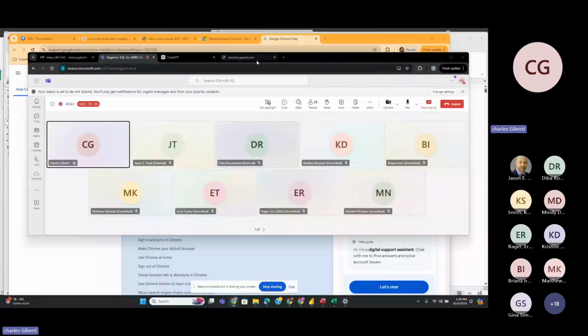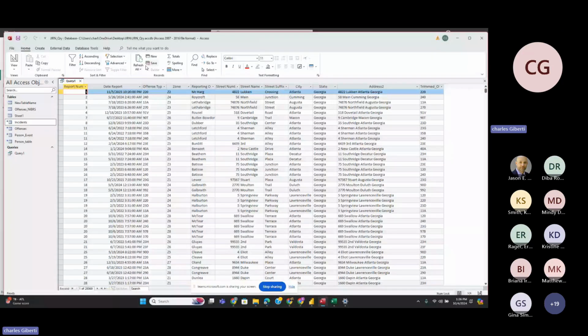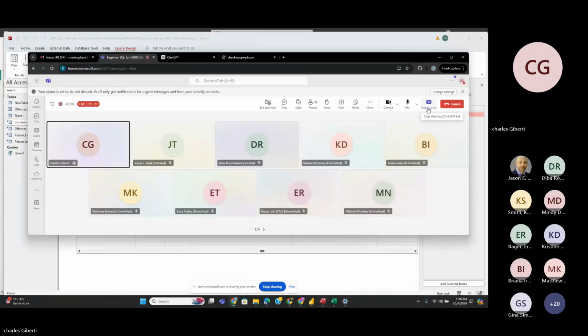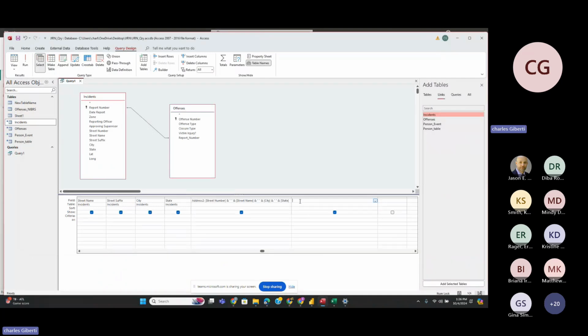We were talking about using different functions, trim in particular. So we talked about using the trim function to take out leading and trailing spaces. Does everyone see my screen okay? Yeah, all right. So to do that, I've got my query set up over here. I'm just going to click into a blank field, and I'm going to give this new column a name. So I'm going to call this trimmed offense,